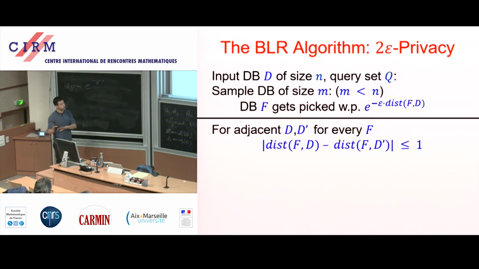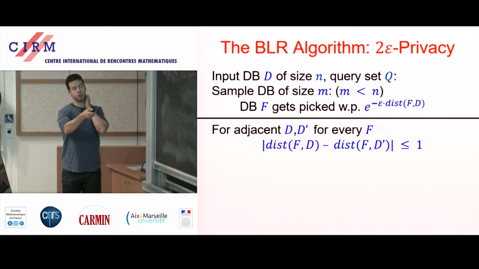But let's separate the proof. What you're asking is for utility. How can it be that this algorithm actually outputs something helpful? But for now, we'll just do privacy. So when we go from D to D prime, this distance measure can